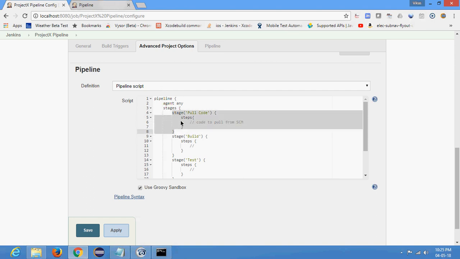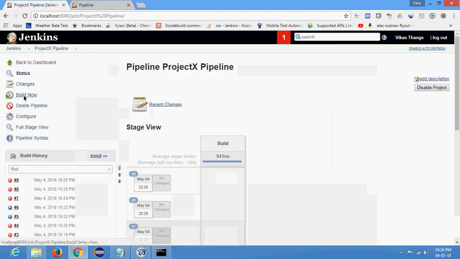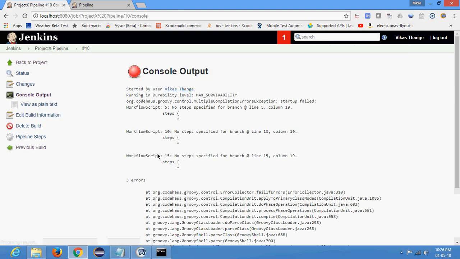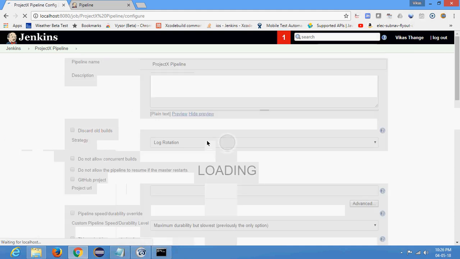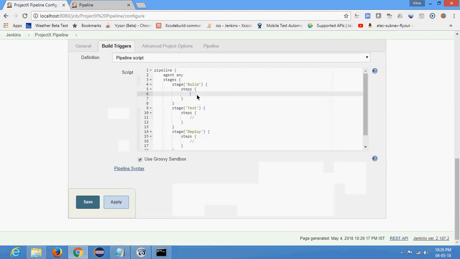Okay, let me revert this complete code to the default, save it, and let's try. It might be because I left those blocks empty. Yeah, I guess my guess is right. I left all those blocks empty, so that is what is causing my script to fail. I will simply write one command, echo, that is